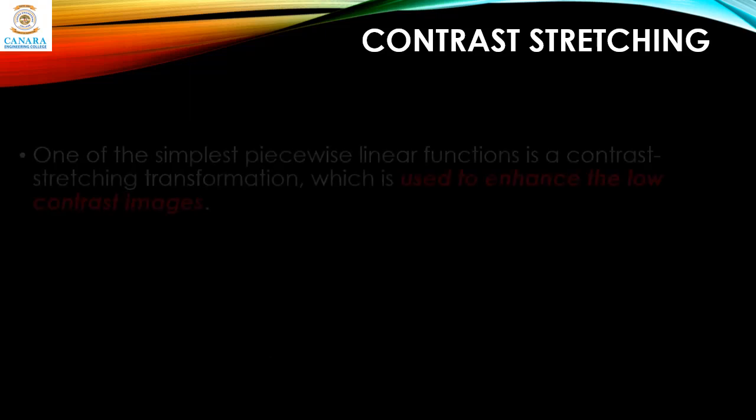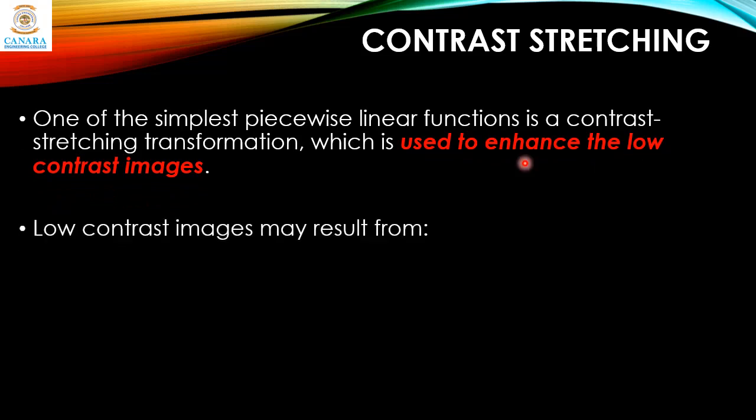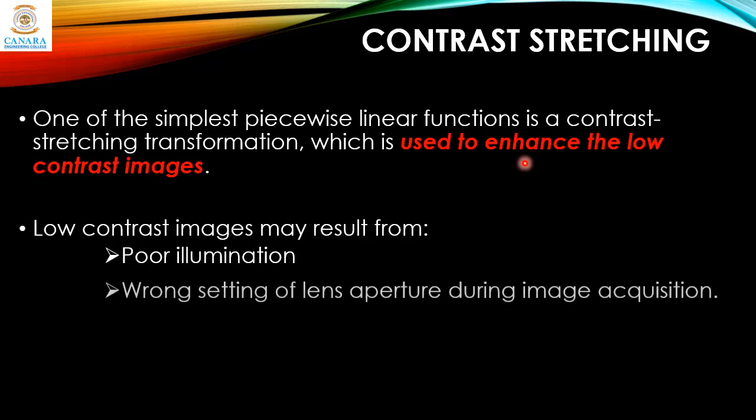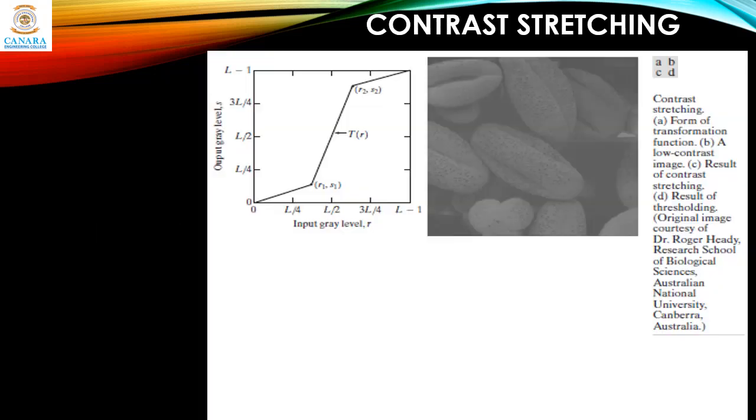Contrast stretching is the simplest of piecewise linear functions, and it is used to enhance low contrast images. Low contrast images are a result of poor illumination or wrong setting of lens aperture during image acquisition. This image gives the form of a transformation function where you can see we have three linear pieces. That's why we generally call these piecewise linear transformation functions. Three linear pieces joined together, and what we are doing here is we are trying to